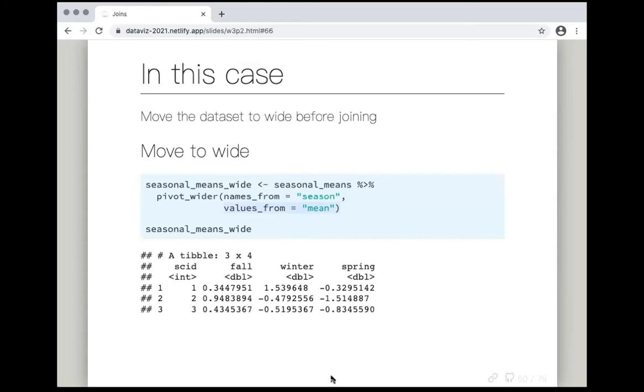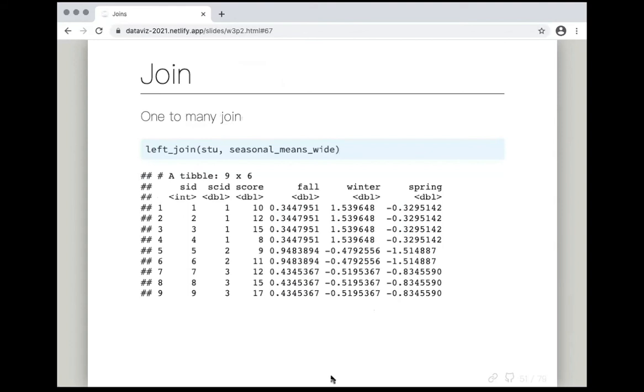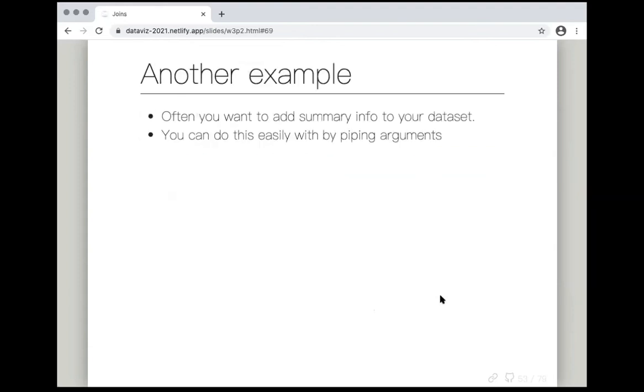And then I have school ID 1, 2, 3. So now school ID is uniquely defined in this data set. And when we join them, now we're back to only having our 9 rows, right? And we have new columns for fall, winter, and spring. Does that make sense? If you wanted to, at this point, you could move back